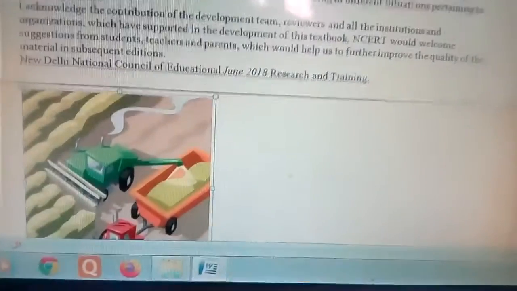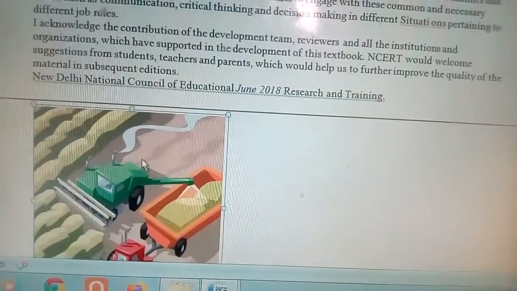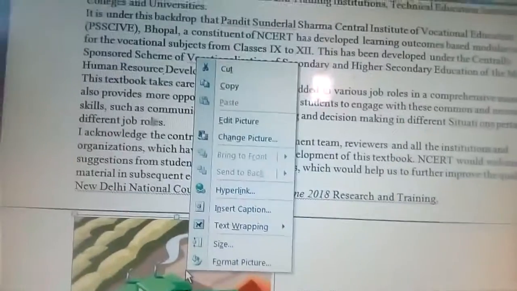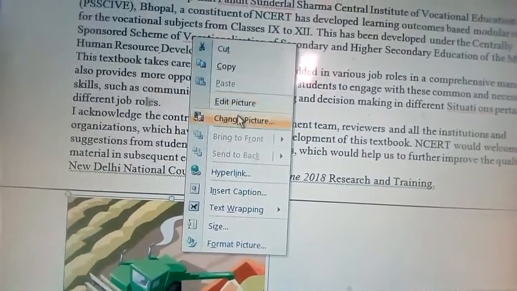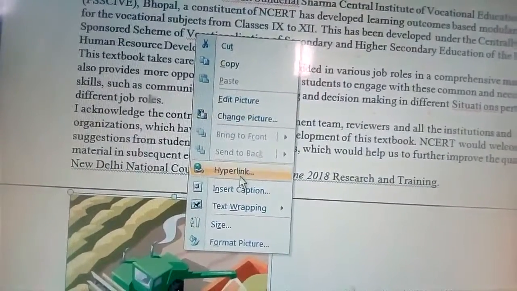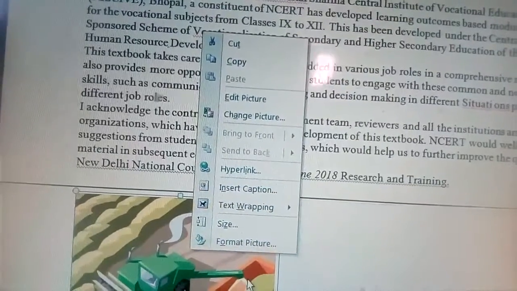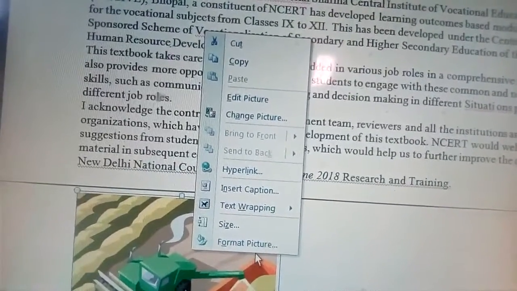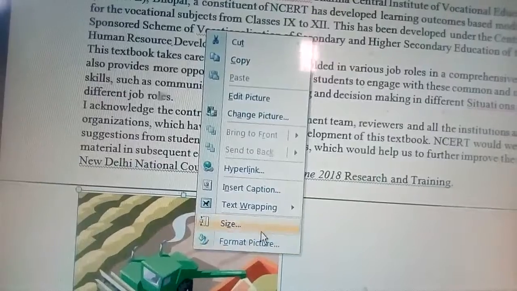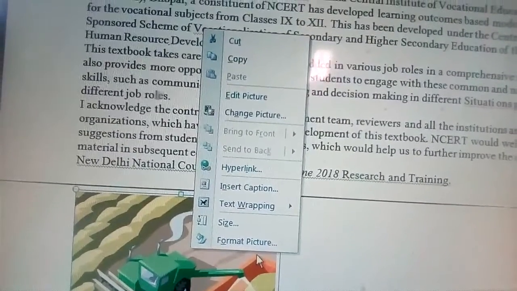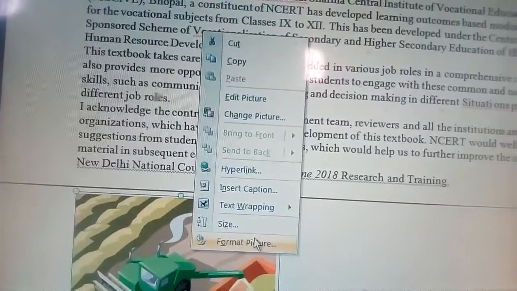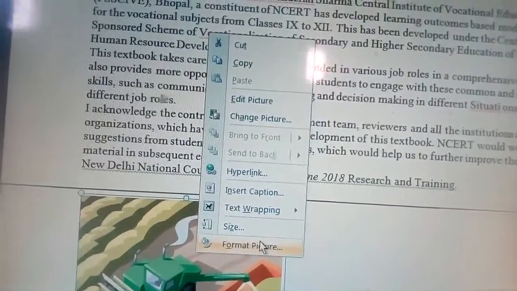Okay, now suppose I am right clicking. Now here is given edit picture, change picture, then insert caption, format picture. So if you want to format the picture or image, then you just click over there, format picture. Okay, so just I am clicking here, format picture.